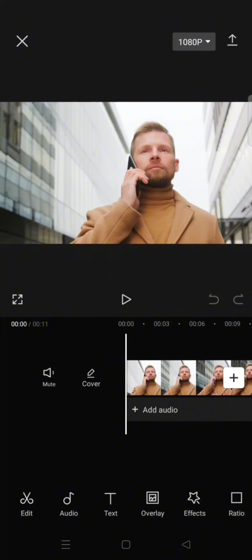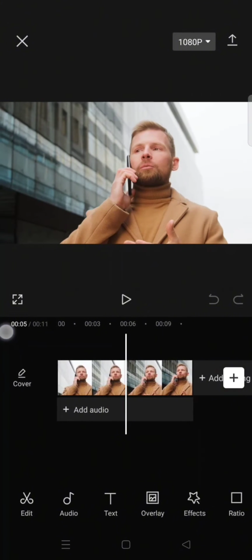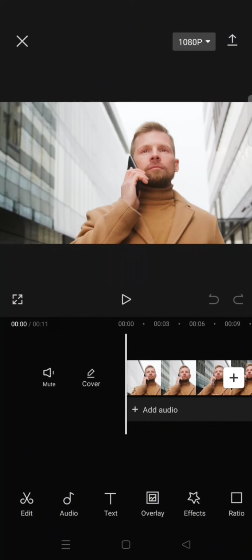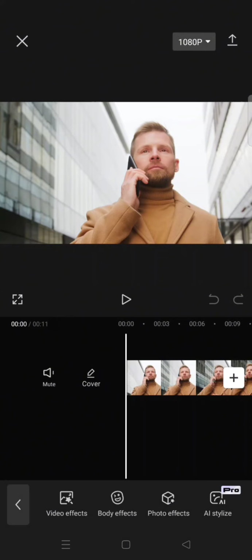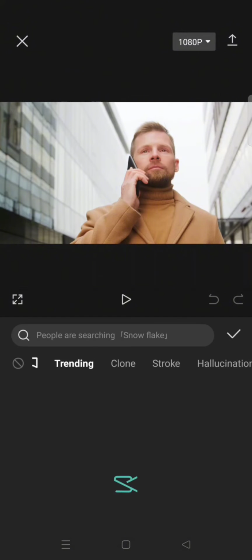On today's video, I'm going to show you how you can easily add an eye glowing effect to your video using the CapCut video effect. So here, what you need to do is just import the clip with a person on it, and then to easily add the glowing eye effect, you just need to go to the video, the body effects on CapCut,